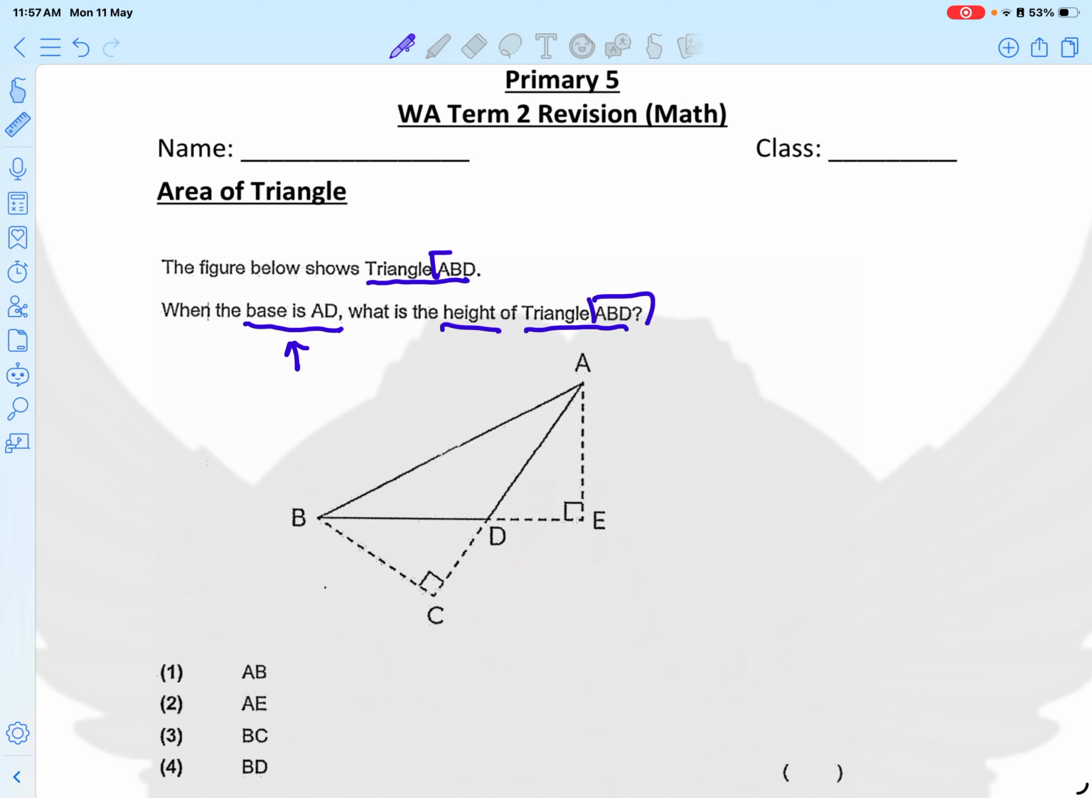So our very first step is to find where this triangle is in the question. So we're going to use our pen here and outline triangle ABD as such. In any question, there might be a few triangles, and it's a good idea to identify the correct triangle given in the question. So when the base is AD, we are going to now use a highlighter to highlight AD,